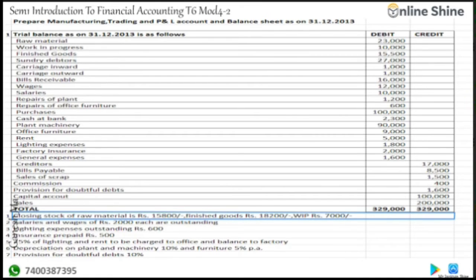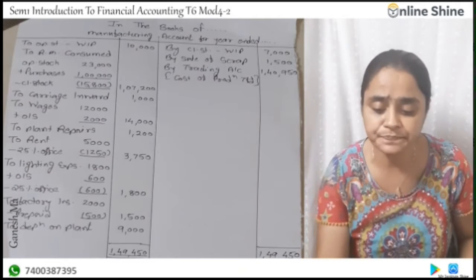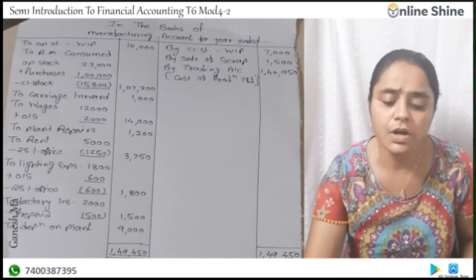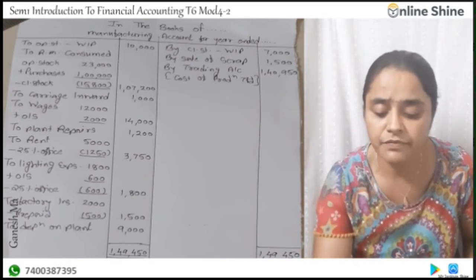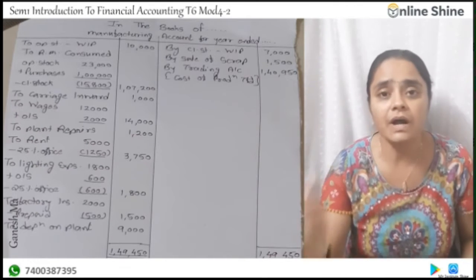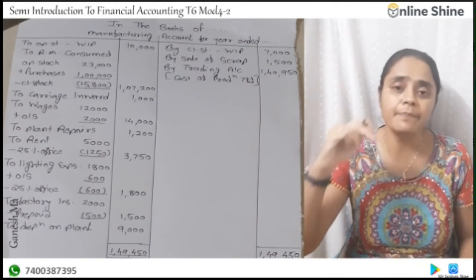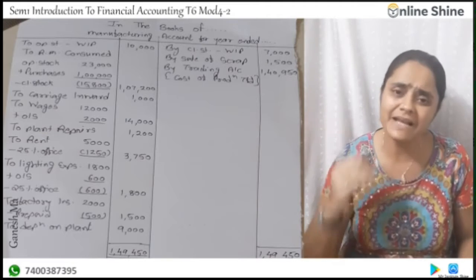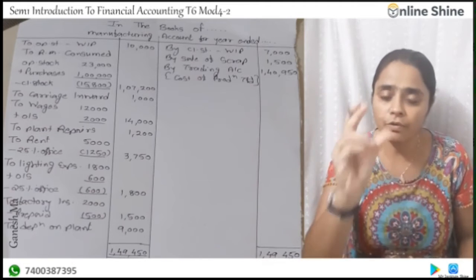Now, all this closing stock will be posted. The second effect will go in their respective account. So the first, closing stock of raw material, will be deducted from your raw material consumed item. So you can see in your manufacturing account, closing stock of raw material which I have deducted, 15,800. So after opening, add raw material purchase, minus closing stock of raw material, raw material consumed